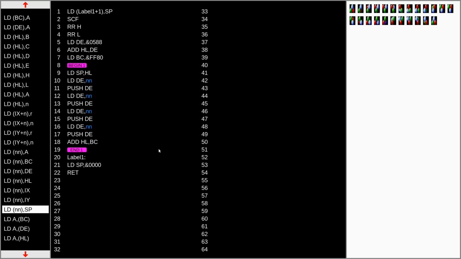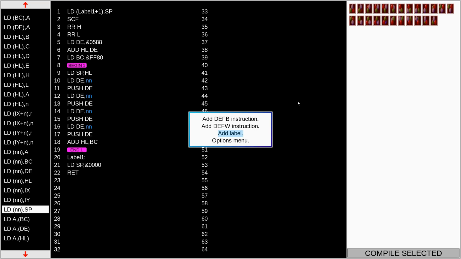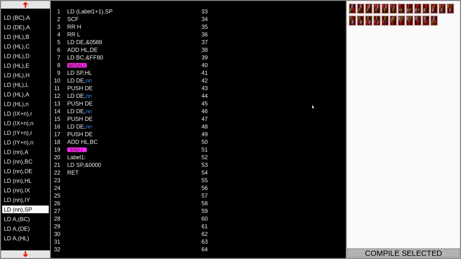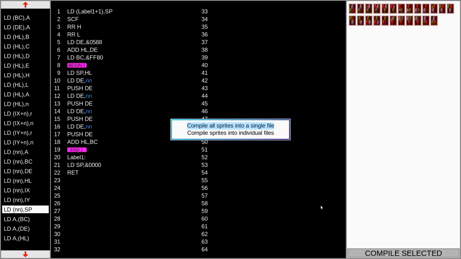Before I can compile this sprite, there's one more thing to do. As we're stack pointer drawing, I need to tell the compiler to pull the data in reverse order. So I right-click on the main screen again and select the Options menu. As you can see, there's now a radio button for stack pointer drawing, so I'll just turn this on and then press Escape to close the window. So I can select all the sprites and then click Compile Selected,